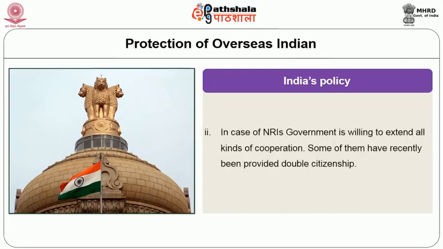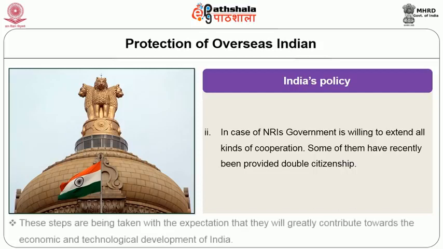In the case of NRIs, the government is willing to extend all kinds of cooperation. Some of them have recently been provided double citizenship. These steps are being taken with the expectation that they will greatly contribute towards the economic and technological development of India.